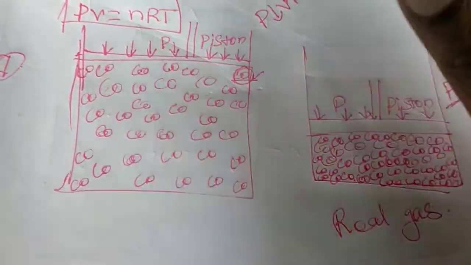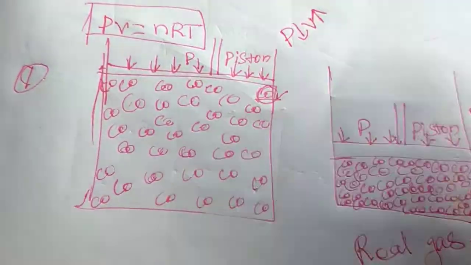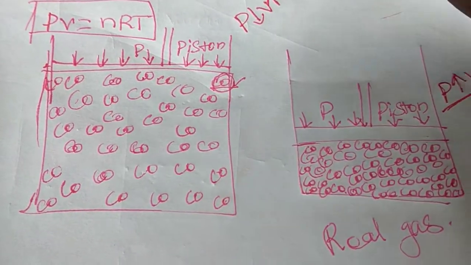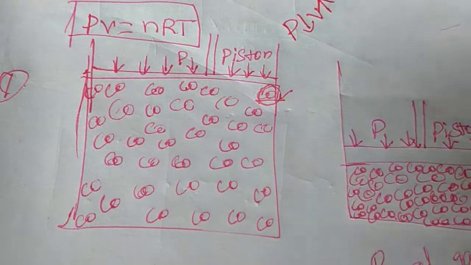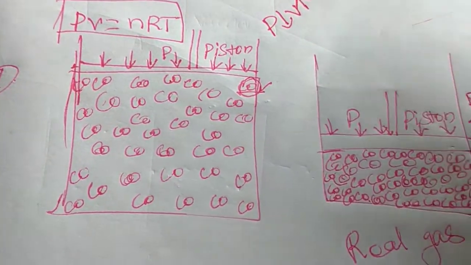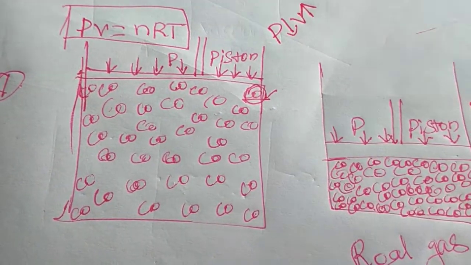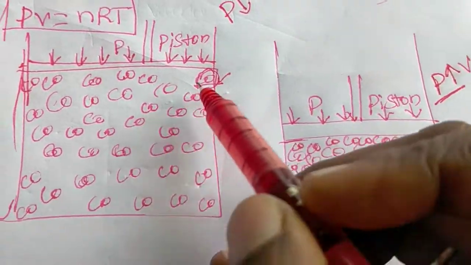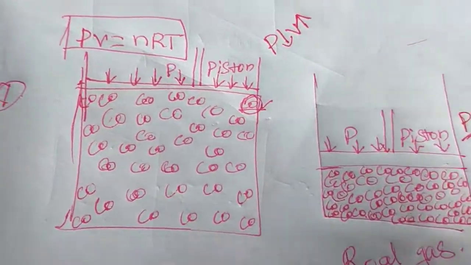So you know that they are moving from one place to another place. They are always moving. But when you see the large volume of the system, they are apart from each other. So because of that, their attractive force is also a small amount. Why is it a small amount? Because they are not close enough to attract each other.